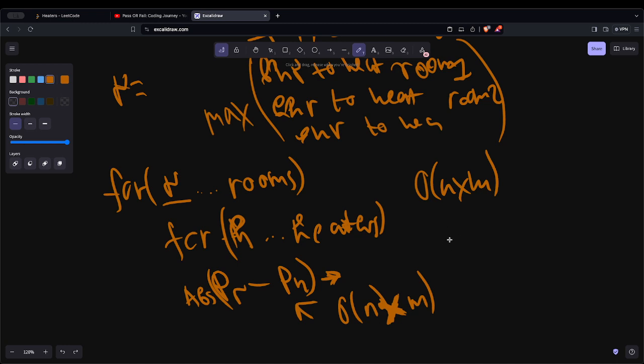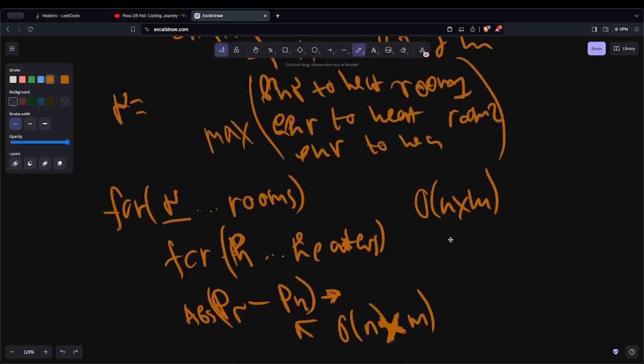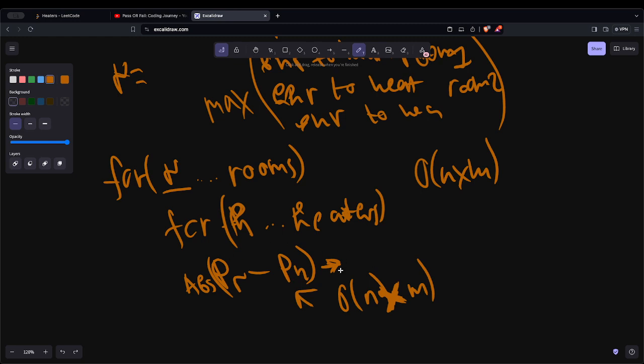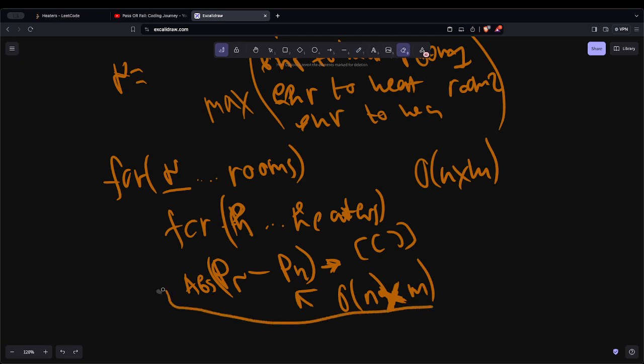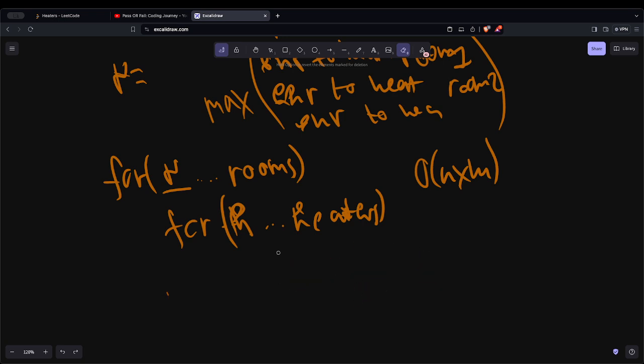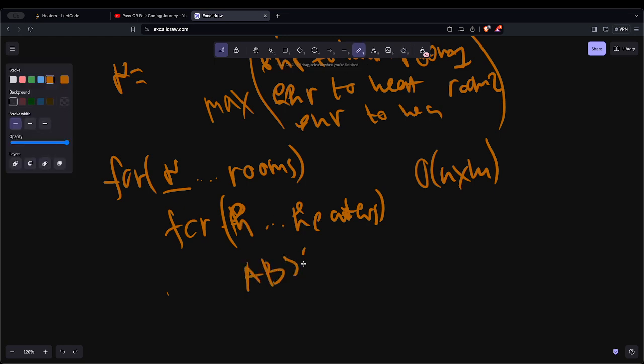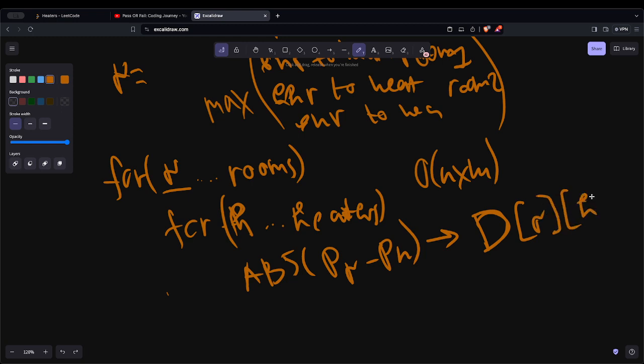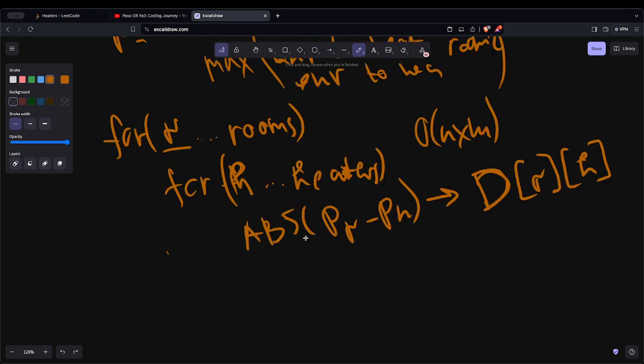And given that we're gonna save this absolute value to the two-dimensional array, and then after we do this here, so we're gonna save the absolute value of the position of the room minus position of the heater. Save it to the let's say distances array for the room and heater, and then on this level